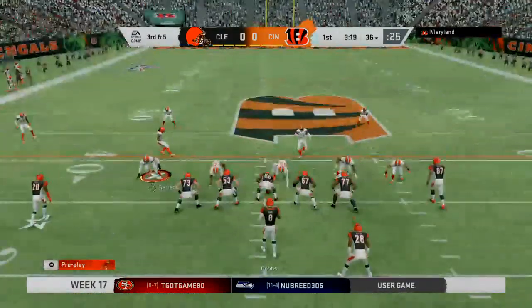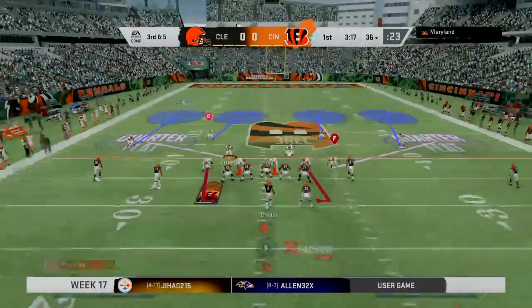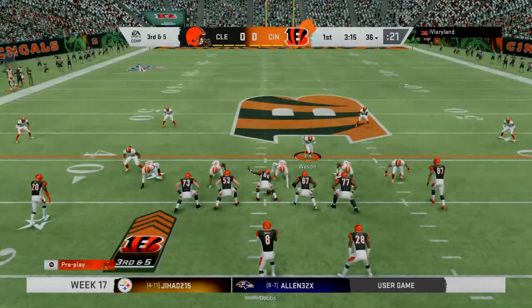Let's go now. 51-60 out low. All right, G. All right, G. Tie that left. Tie that left. Four